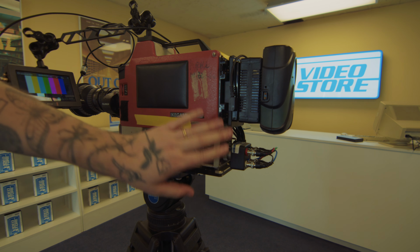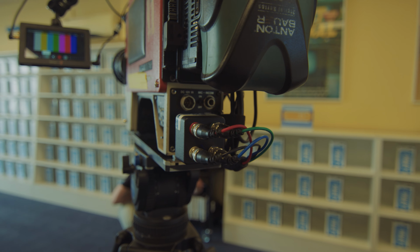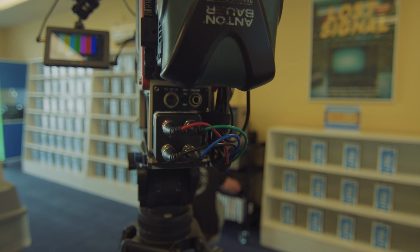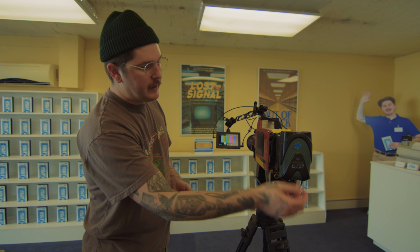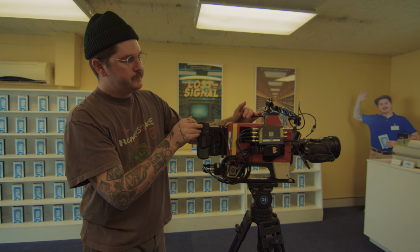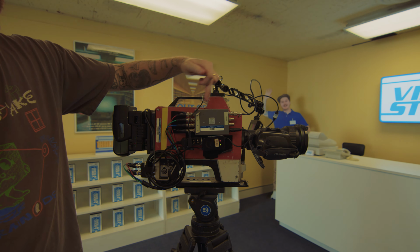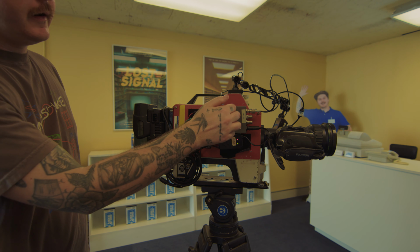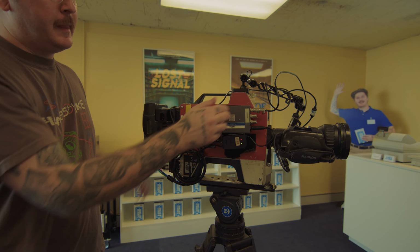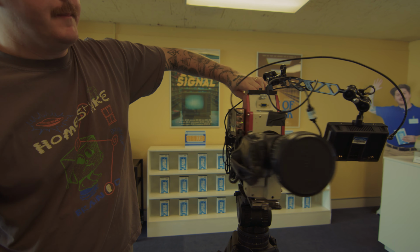Well, we found this guy that rents this camera, and he either makes or 3D prints this little breakout box, which breaks out the signal that normally would go out to broadcast into its individual channels. So you have red, green, blue, and then that's going into an AJA analog to digital converter box. So it's taking this analog signal, converting it into a digital signal, and then that's being SDI'd out into a Blackmagic